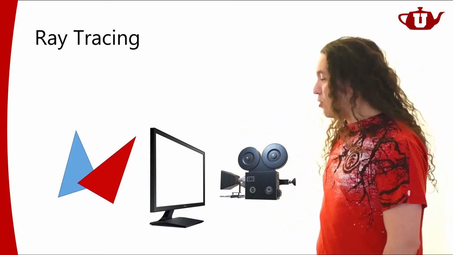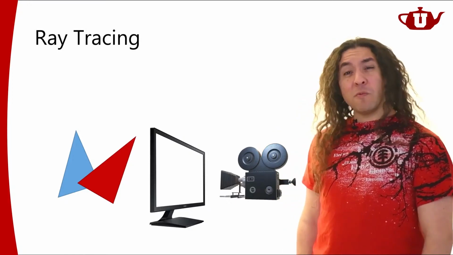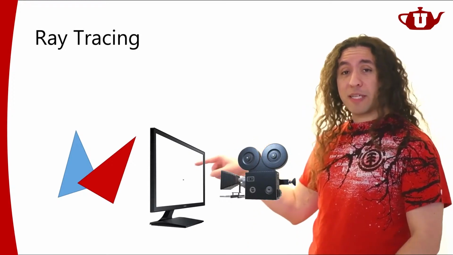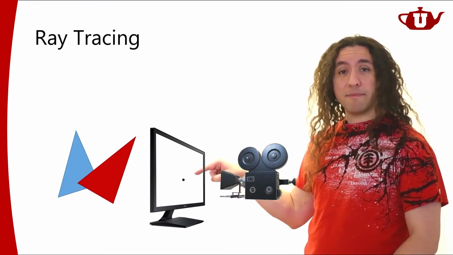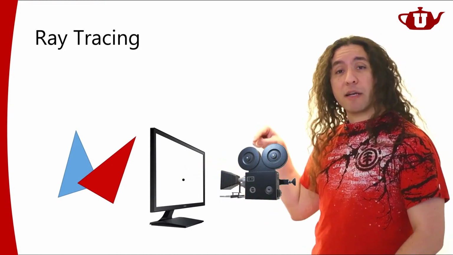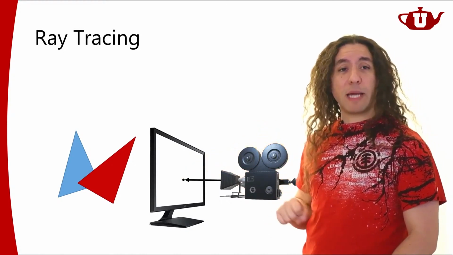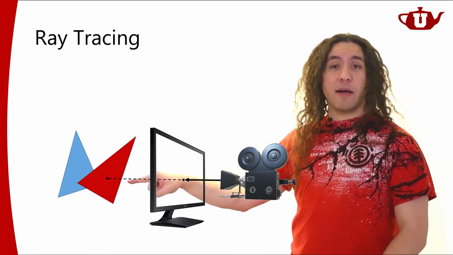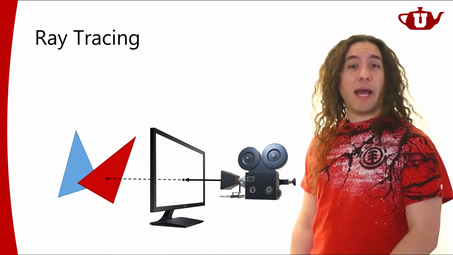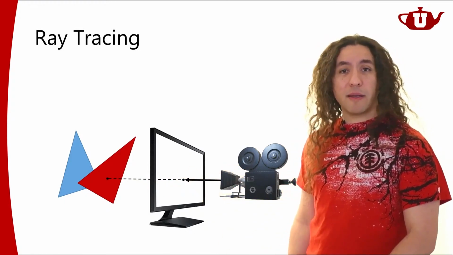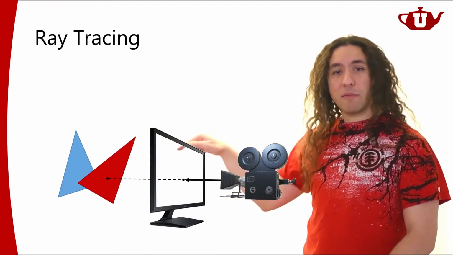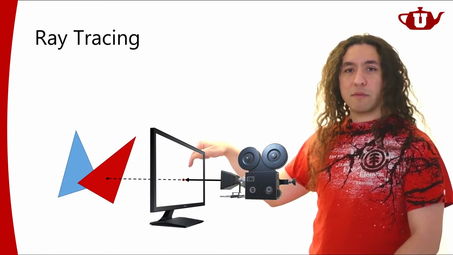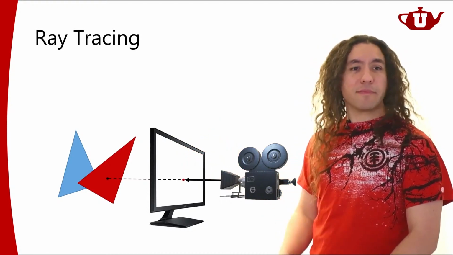It's actually really general in that sense. So what I'm going to have to do is that for each pixel sample on the screen, I'm going to be generating a ray starting from my 3D camera position, going through that pixel sample, and I'm going to trace that ray until I find an intersection with a scene primitive, in this case a triangle, right? And once I find that triangle, I hit that triangle exactly at that point, I am going to color this pixel based on the color of that triangle.